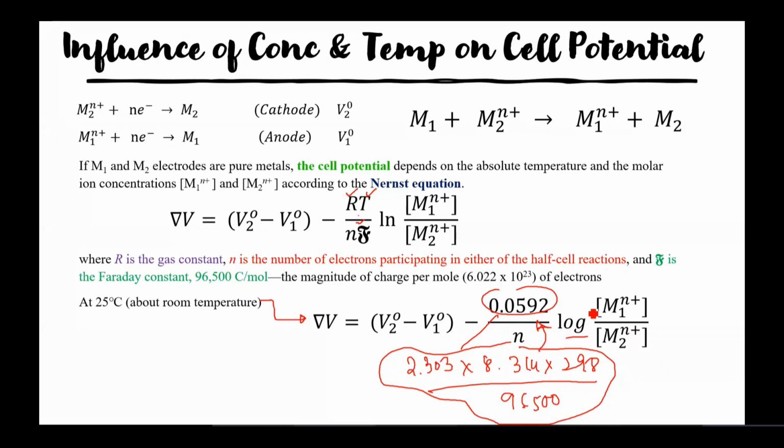ठीक है? रिलेटेड है मगर डायरेक्ट रिलेशनशिप नहीं। हाँ, मतलब you can say कि ये related है to the value. I'm not talking about the exact value कि अगर ज्यादा है तो ज्यादा है या कम है तो कम है. It is basically the activity जिसको आप डिफाइन करते हैं, ये केमिकल पोटेंशियल से रिलेटेड है किसी स्पीशी के, ठीक है? ठीक सर, ठीक। But it doesn't mean कि अगर एक्टिविटी की वैल्यू ज्यादा है तो इसका मतलब है कि फिजिकली उसकी एक्टिविटी भी ज्यादा है. It doesn't work that way, ठीक है? ठीक सर।